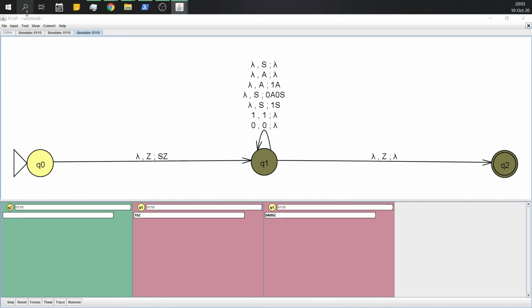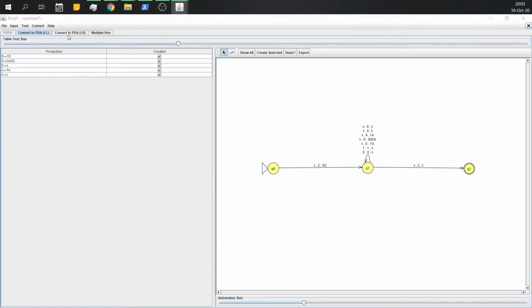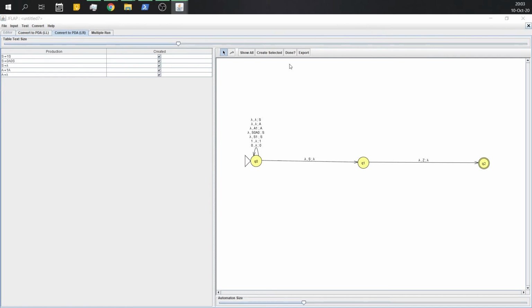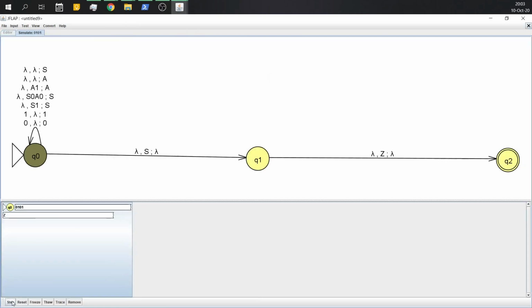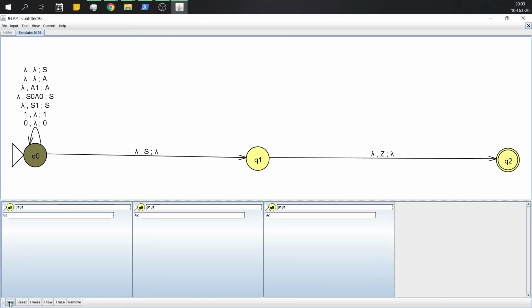Similarly we can do this for LR type. Click on LR type PDA, click on export, then click on input step with closure, input the string 0110101, click on OK, accept by final state. Here it is at the initial state q0, click on step.